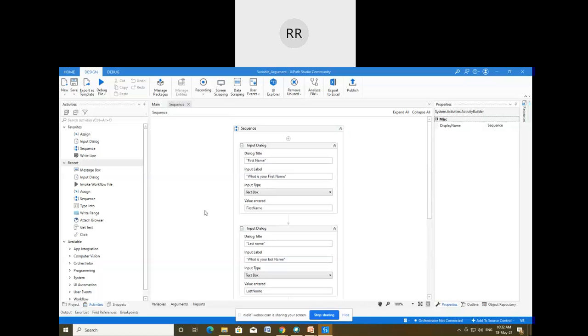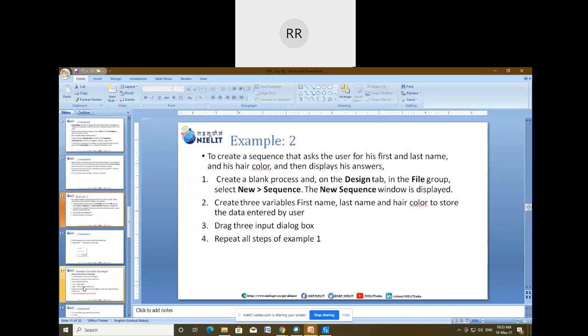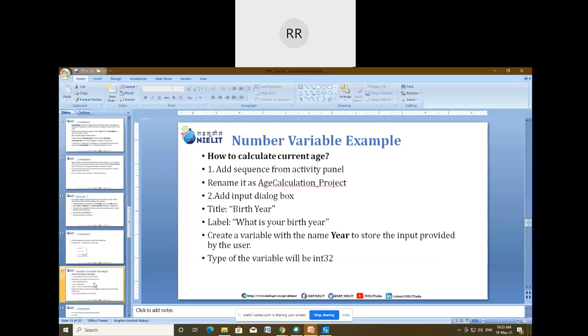So in this way, we can use the variable in the sequence. Okay. Moving to the next example, that is the number.